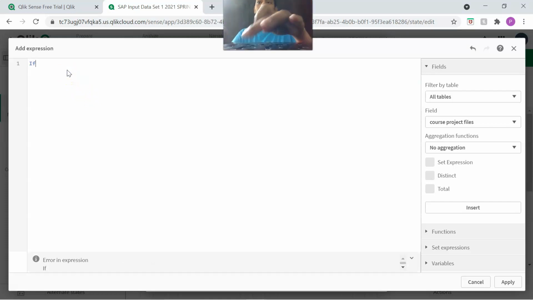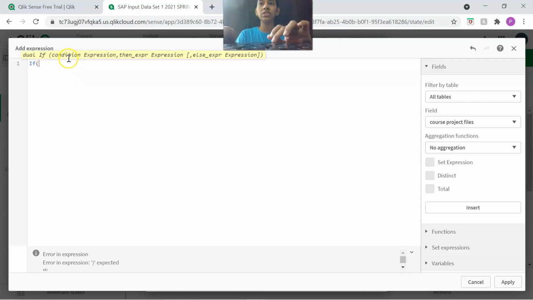So here create an if, and you can see the if condition expression, how to create an if condition. So here let's create a condition. To create the condition, first we need final score. While you are writing final, you are getting the fields which you have in the data. So I am creating based on final score. If final score is greater than or equal to 90, then my grade is A.